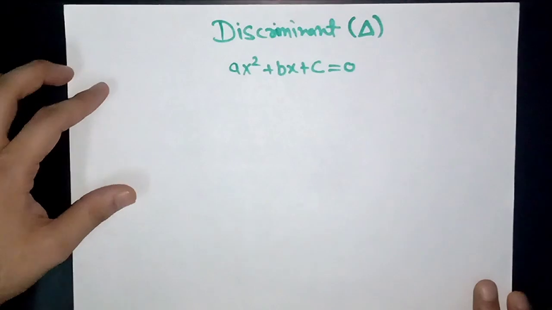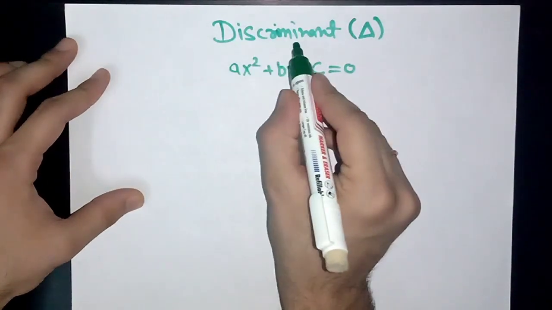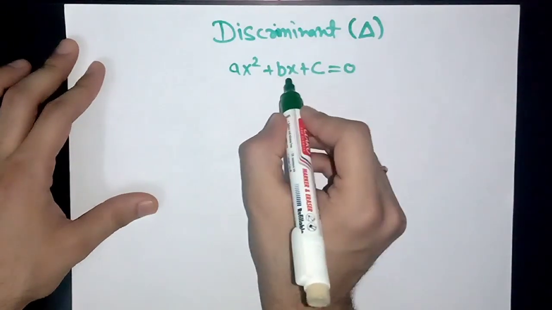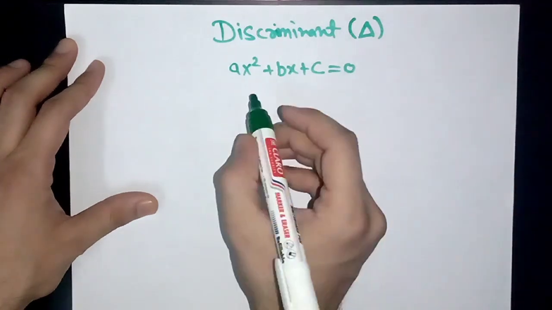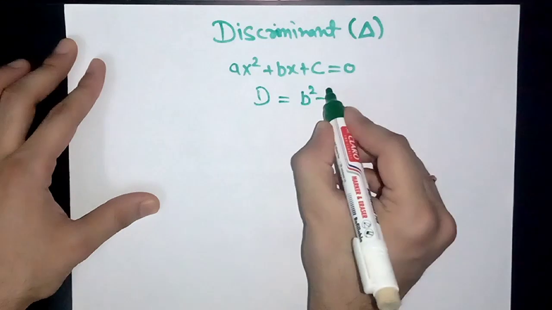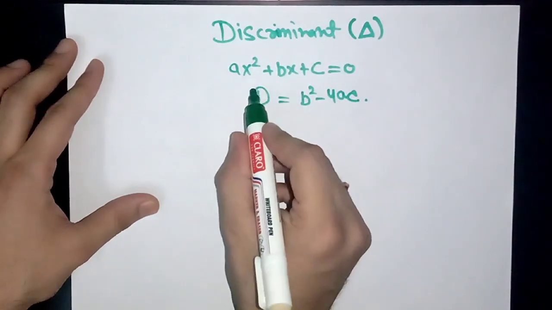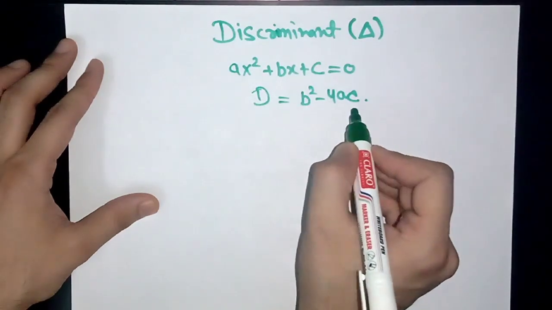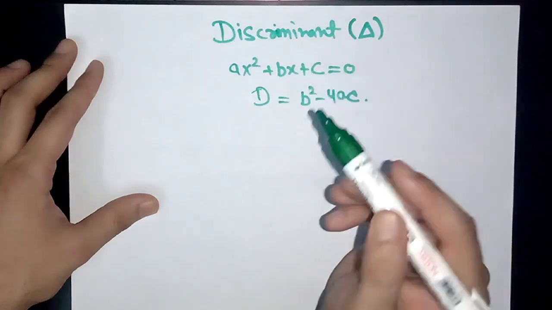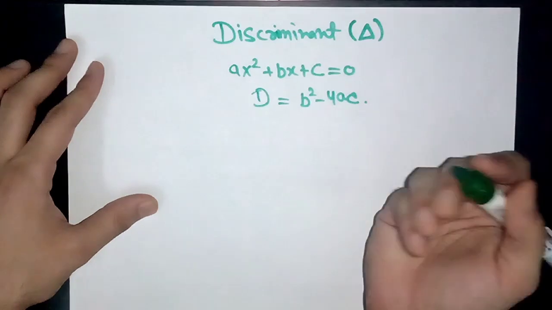Another important thing in quadratic equations is commonly known as the discriminant. Let's say we have an equation ax² + bx + c = 0. The discriminant D is equal to b² - 4ac. What is the importance of this? If you are able to find b² - 4ac in a given equation, then with the help of this discriminant you will be able to find out whether the roots of the equation are real, imaginary, or whatever it is.